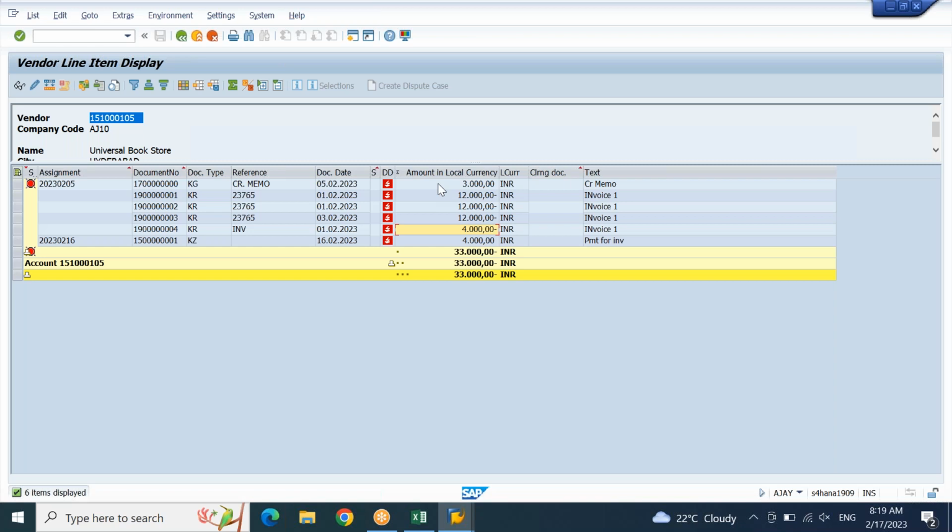Whenever you are trying to clear a vendor, you are clear about which documents you want to offset or knock off. In our scenario, we want to knock off this invoice with this payment document. These two are the document numbers, correct? 19 all zeros 4 and 15 all zeros 1. Select these two documents, copy,